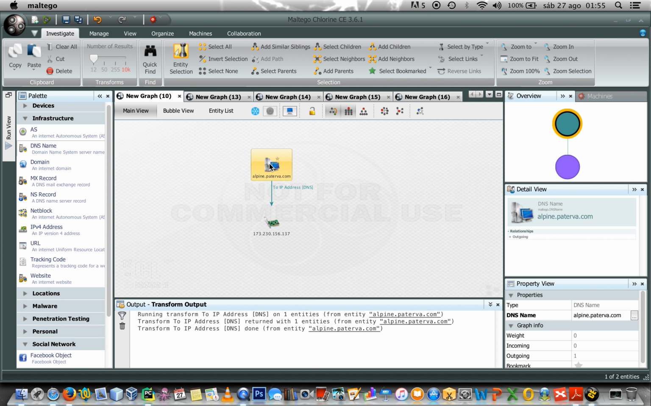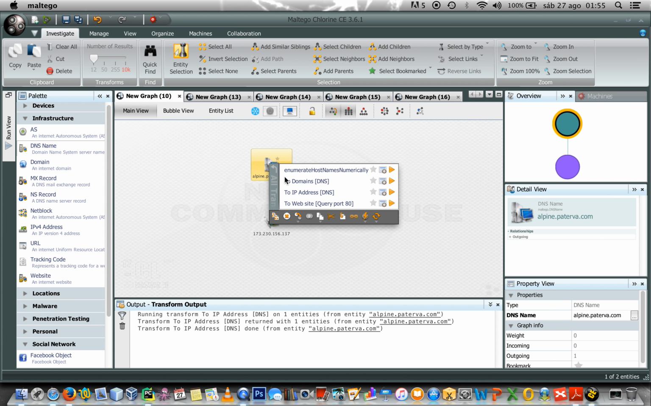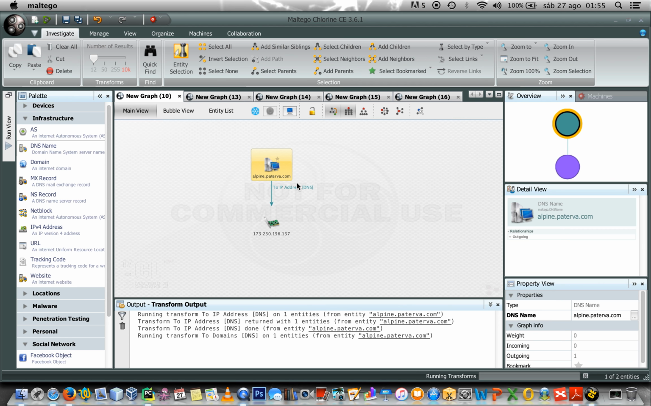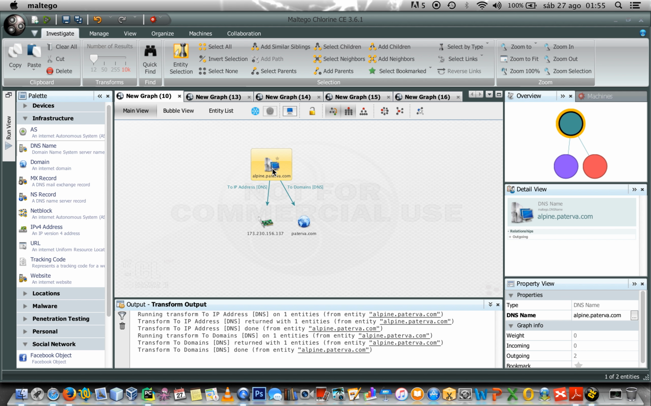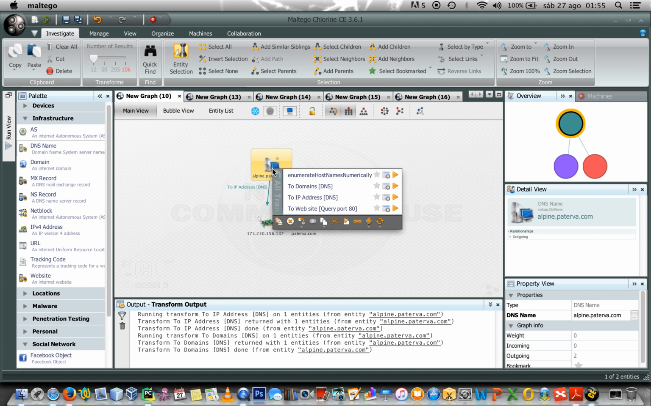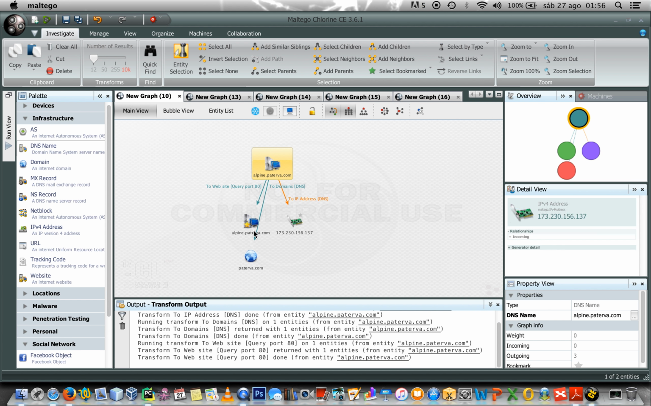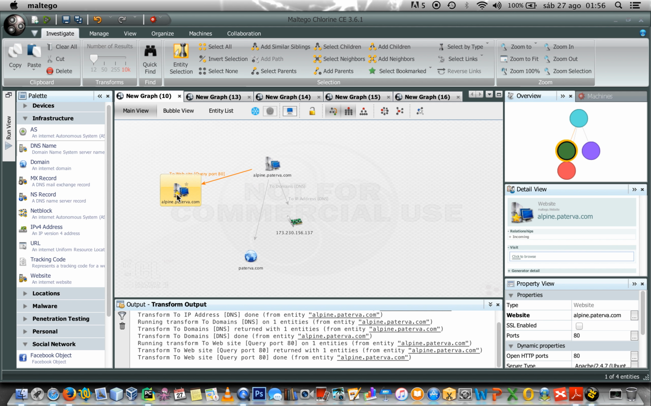Okay, what else? With this DNS name, I can also get the domain that is related to it. So in this case, for alpine.paterra.com, I get paterra.com, so I get this domain, and also I can guess if this DNS name is a website, and Maltego will query the port 80 just to make sure that this is a website or not. Okay, in this case, yes, we have a website called alpine.paterra.com, as you can see here,